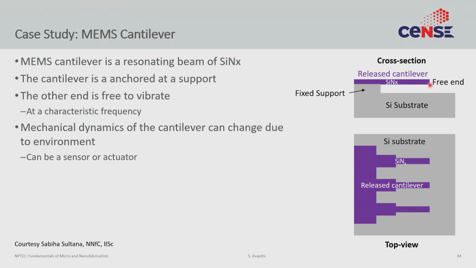There is a free end, and a fixed or constrained end, and this free end can then vibrate. Because it can vibrate, it can do a lot of mechanical things, and we can use that mechanical motion for a whole host of things, from sensing to actuation. This is the general class of devices called MEMS devices. MEMS stands for micromechanical systems, and they can be on the micron scale, or often on the nanomechanical scale, which is called NEMS.